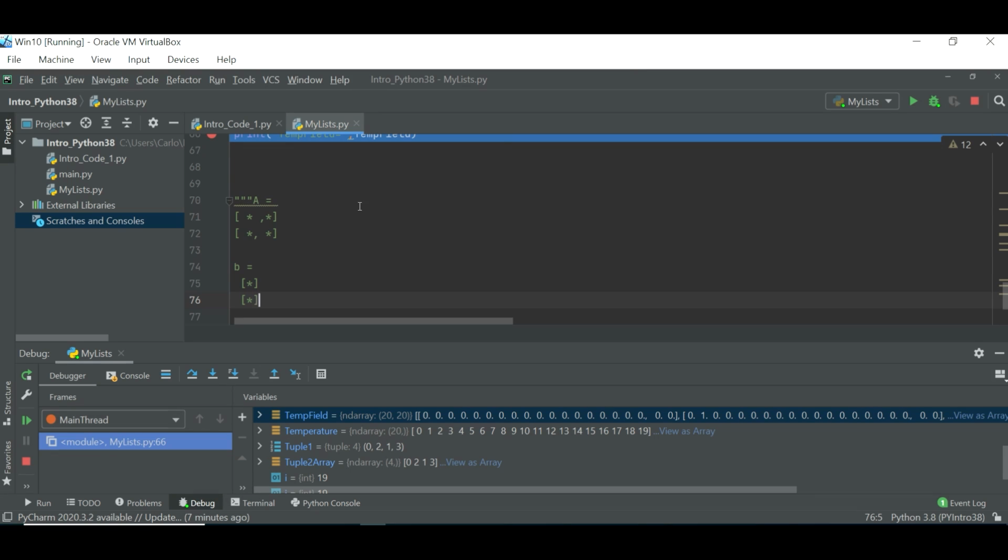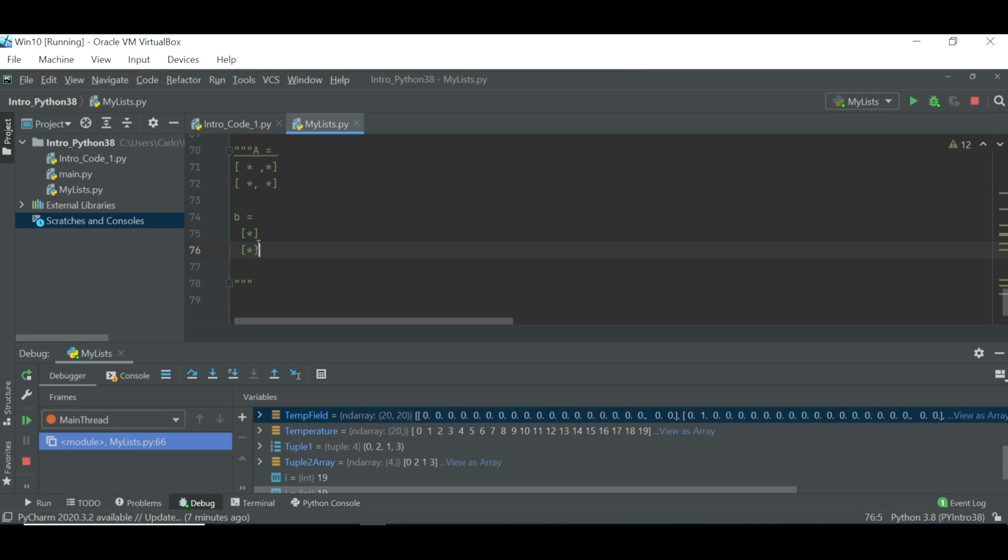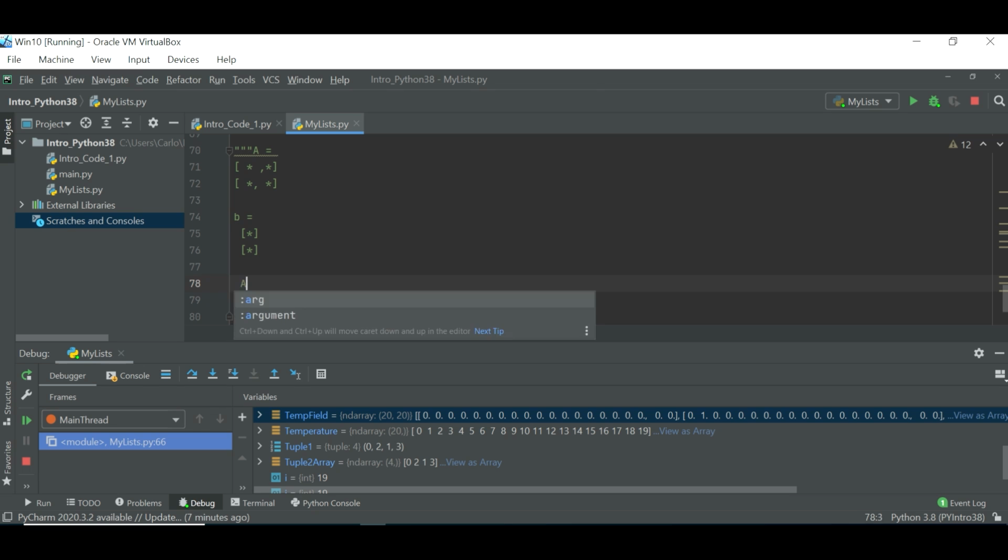So I have a matrix that is 2 by 2 and a vector that is 2 by 1. There's a system that is A times X equals B, where I can solve for X by doing A